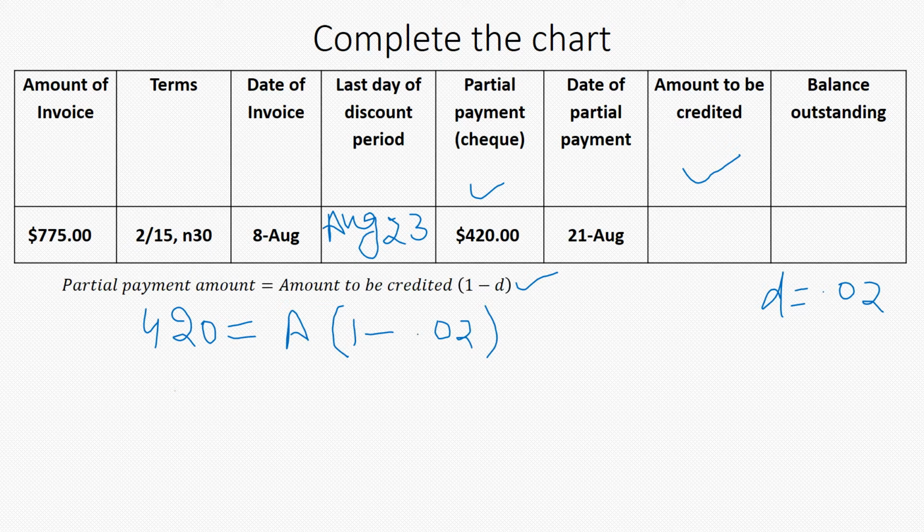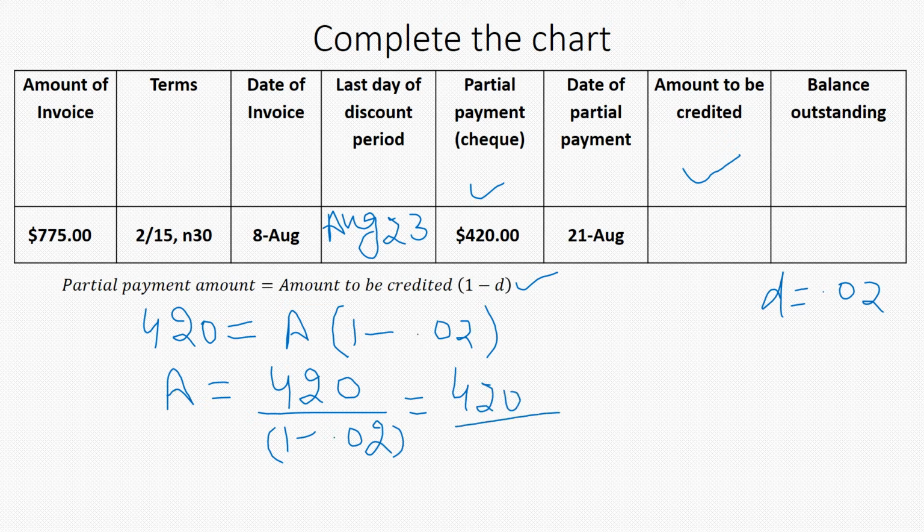Now this is a linear equation in A. To get amount to be credited, we divide. So 420 divided by 1 minus 0.02, which is 420 divided by 0.98, and this comes out to be